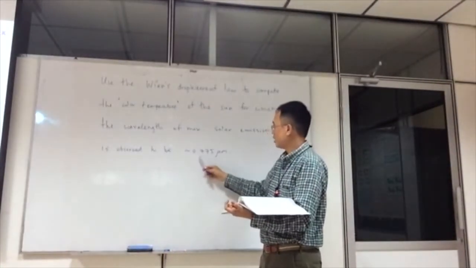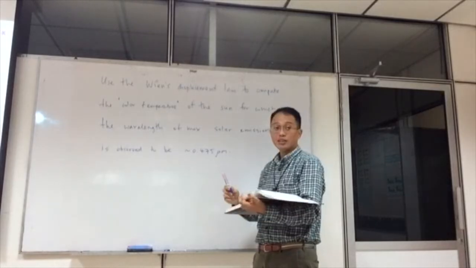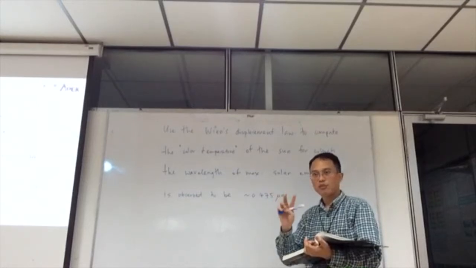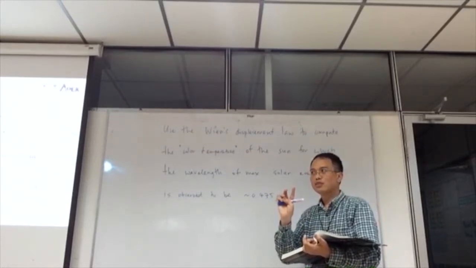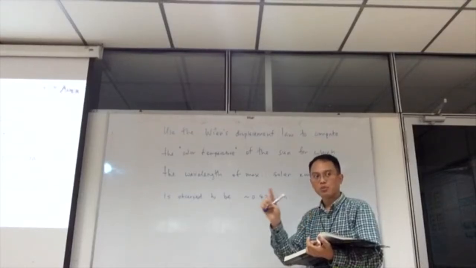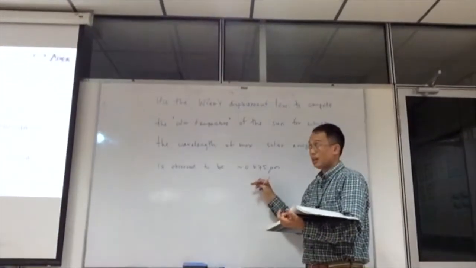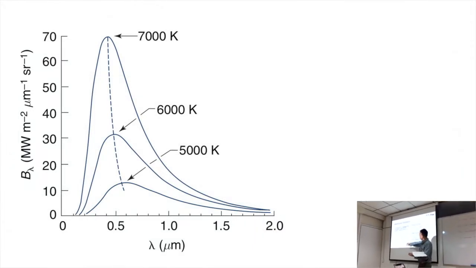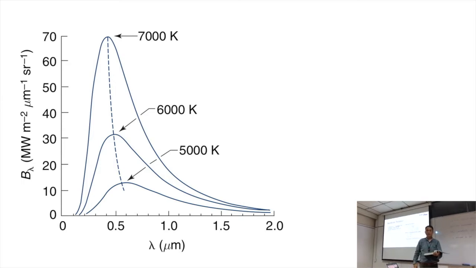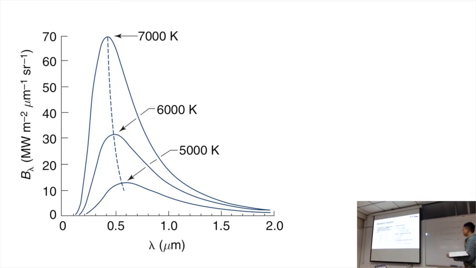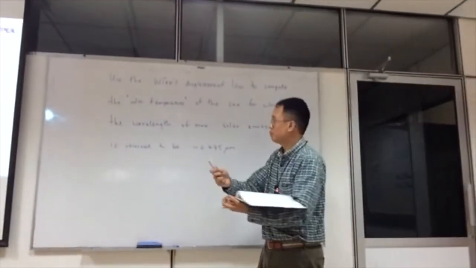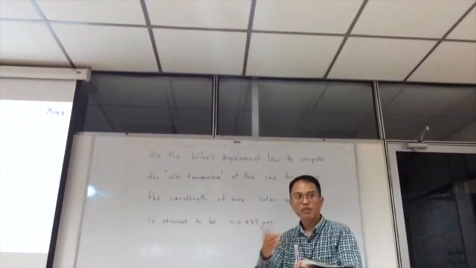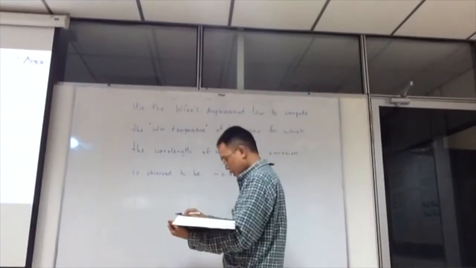is observed to be approximately 0.475 micrometer, which is again in the visible light wavelength range. Again, the visible light wavelength range is between 0.4 and 0.7. So this is somewhere in between. And when we look at this graph here, we see that this peak is usually somewhere slightly lower than 0.5, which is about this wavelength range. Right? So we just use that simple equation that comes from the derivative of the Planck function,